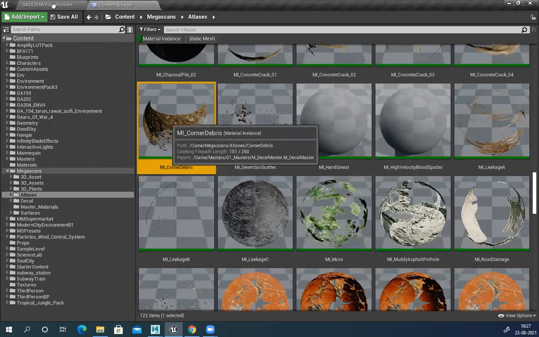This one is decal. So check. Loading again.